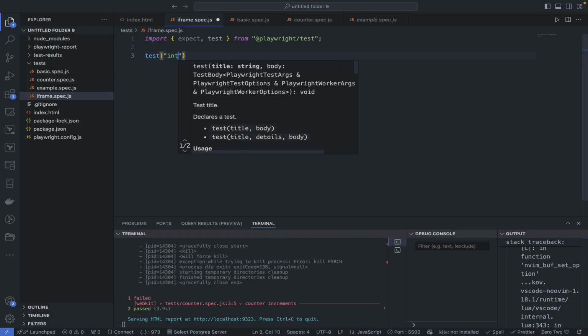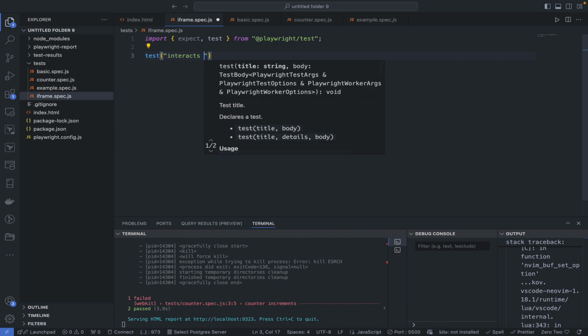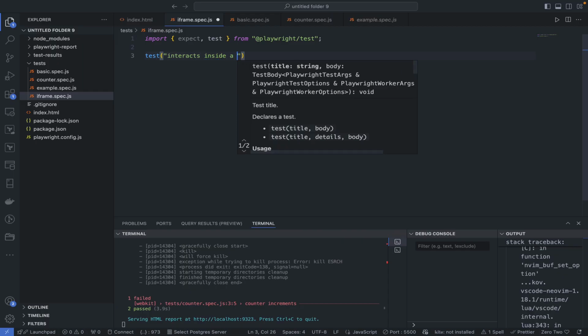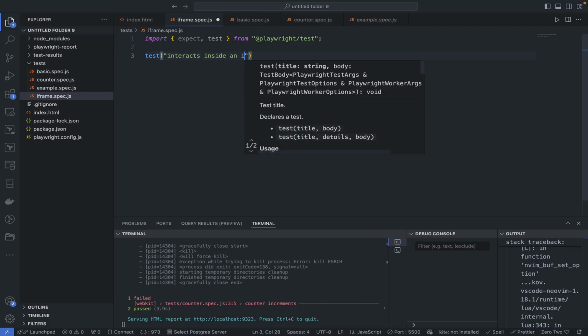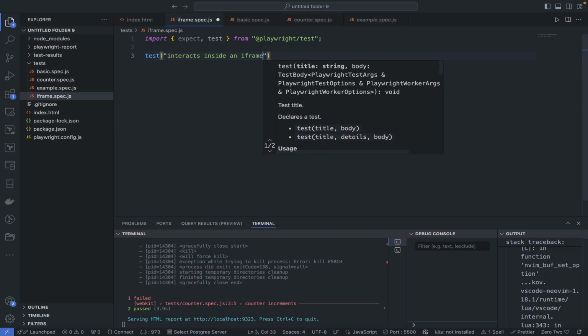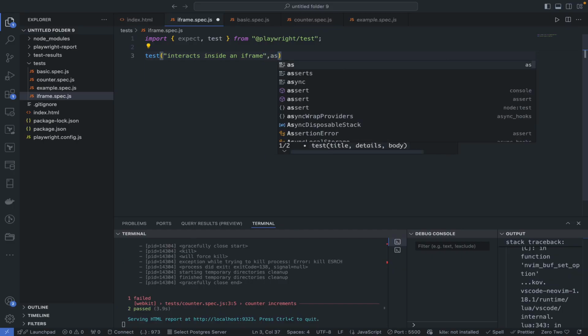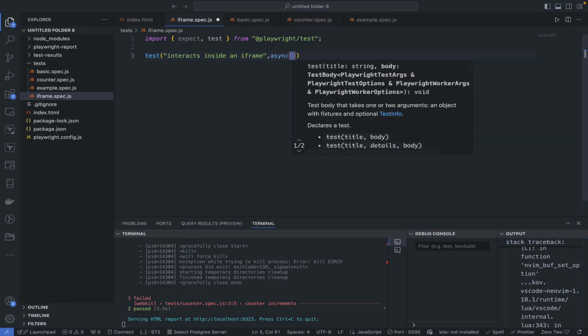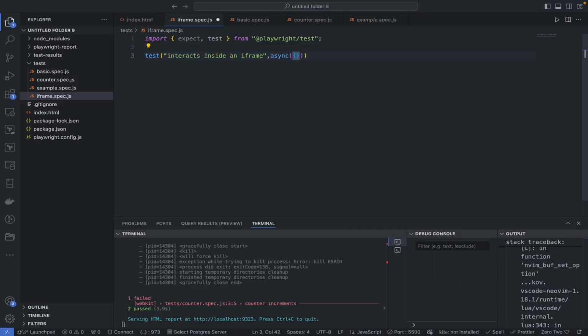And this time, we're going to test that interacts inside an iframe. We're going to put in our async function. You might be like, okay, this is getting a little repetitive, but again, this is how it be. We're going to go ahead and await